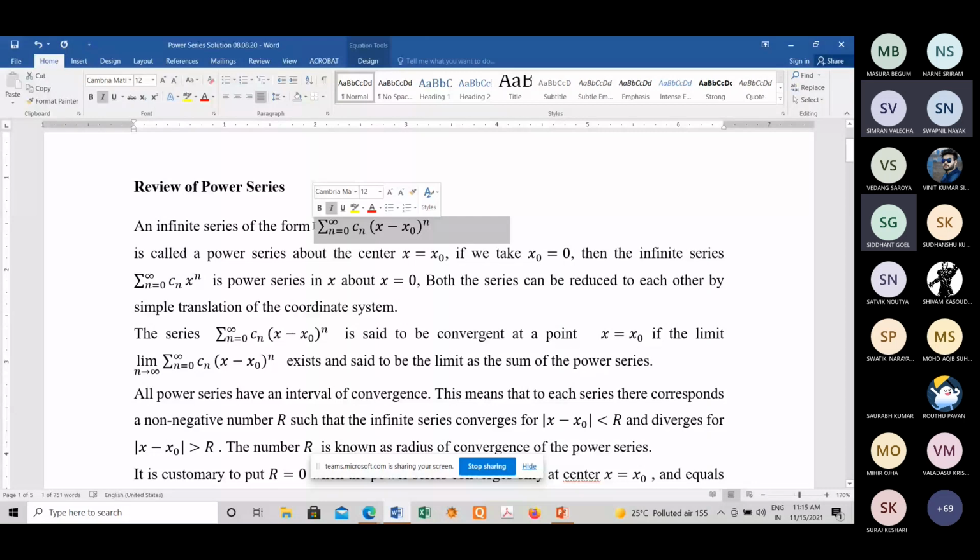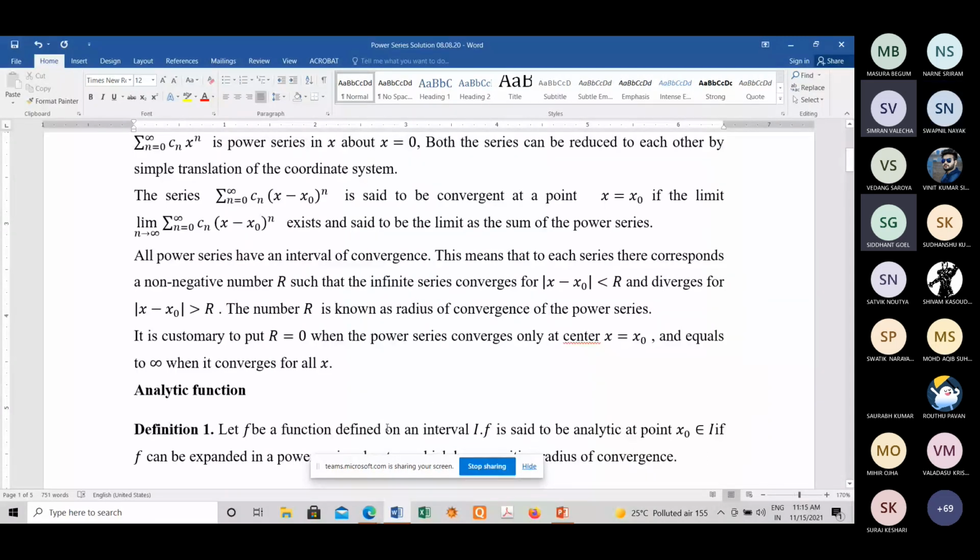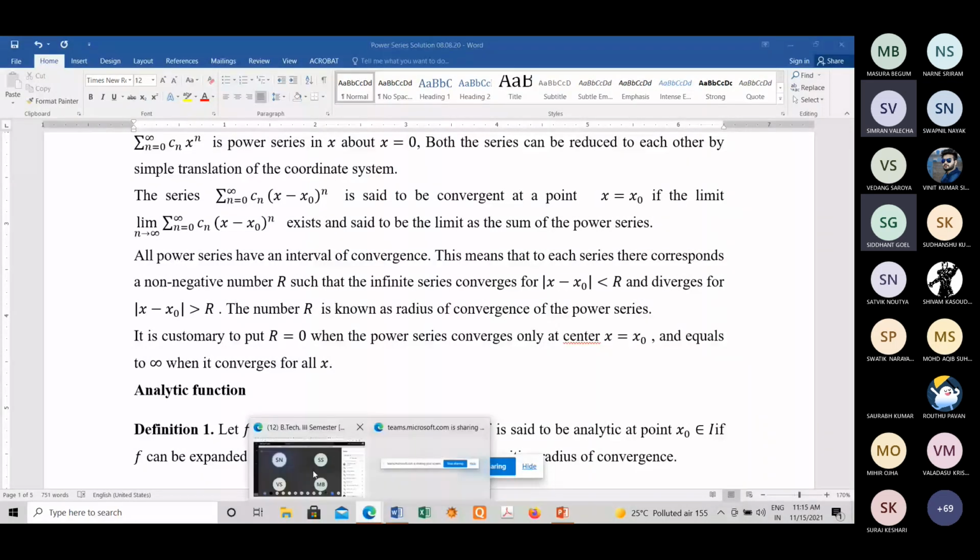So when we are asked to find the series solution of a differential equation, it means you must assume a series solution like this, like the power series. You will assume y equal to summation Cn (x minus x naught) to the power n to be a solution of that differential equation. Now, the next question is, can we find the series solution of all differential equations? Any guess, please?